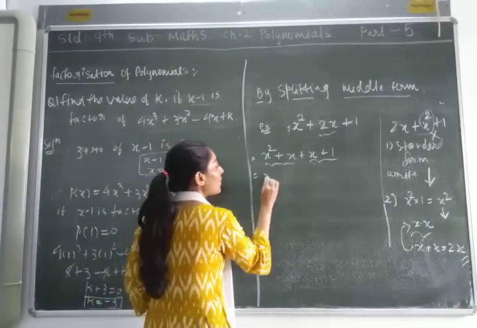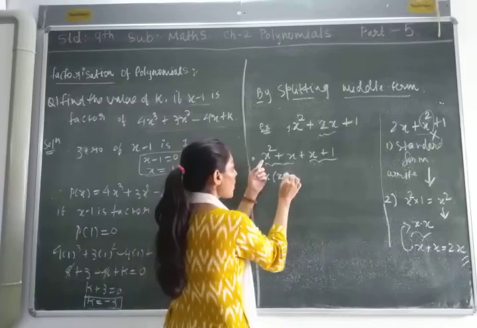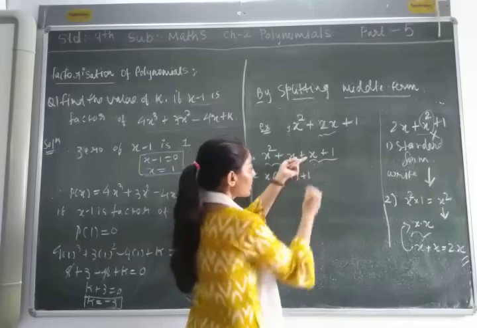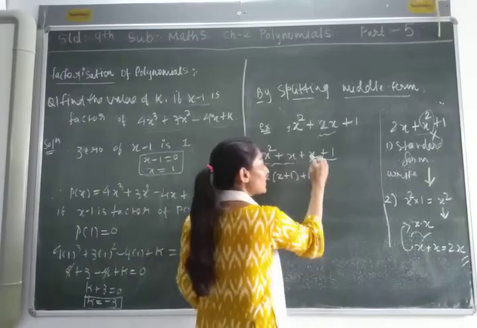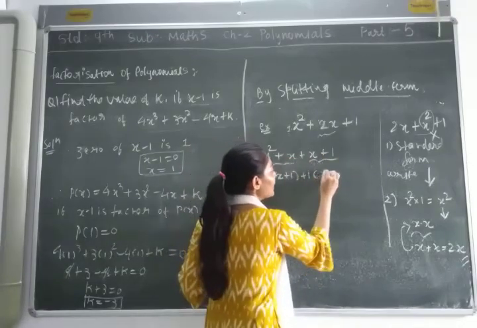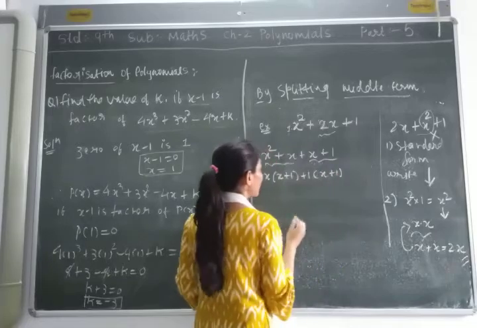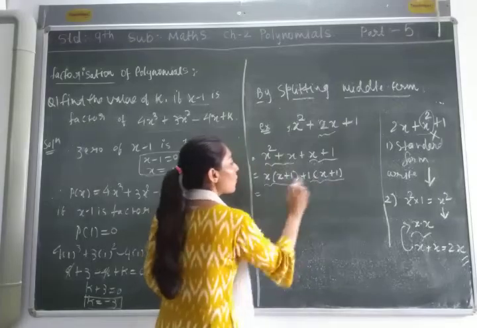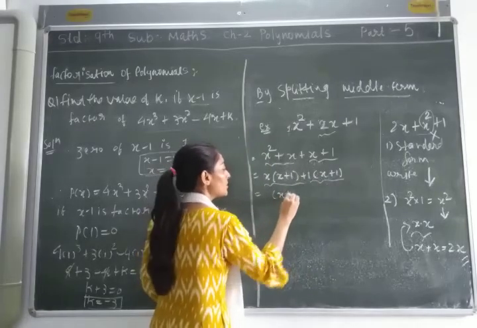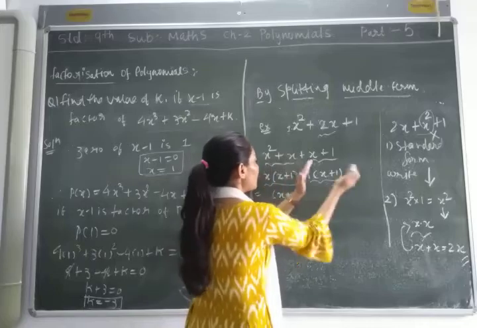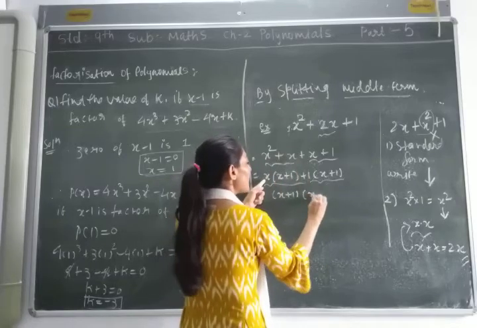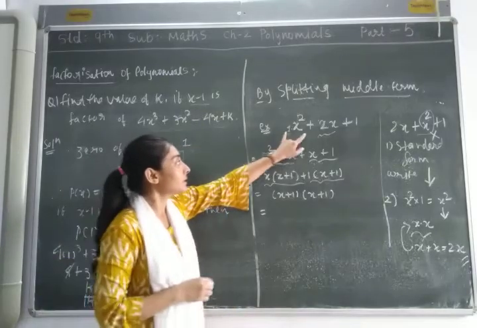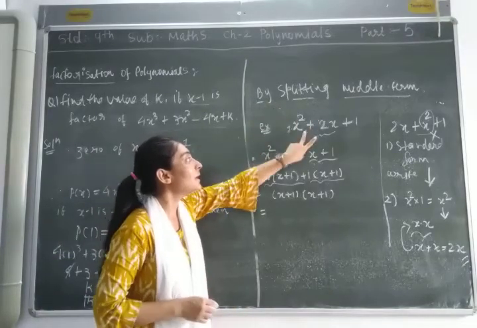Now take out the common part. So x is common, so what is left is x plus 1. Plus 1, nothing is given, then 1 is always there. 1 is common, so what is left is x plus 1 only. Now in the first term and second term, what is the common thing? x plus 1 is common, so we take out that part. What is left is x plus 1. So the factors, by splitting the middle term, I am getting